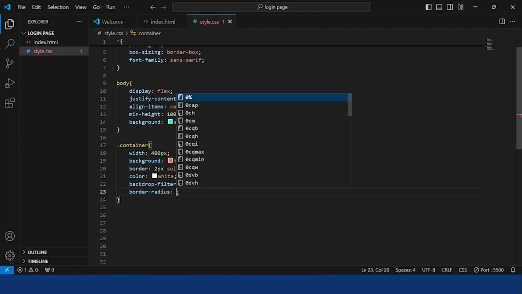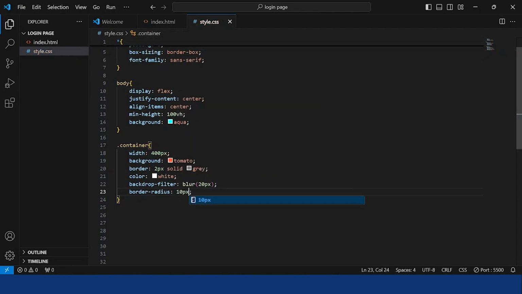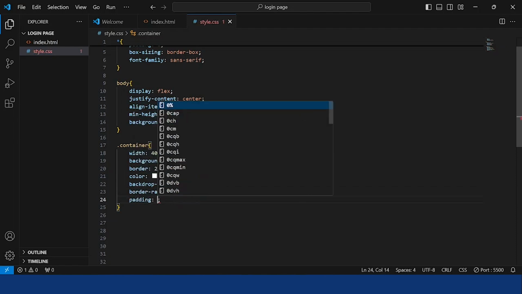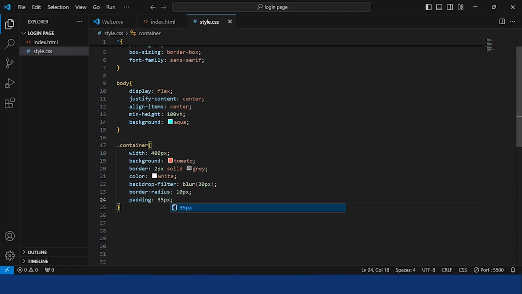Border radius, we'll set this to 10px. The padding, we set the padding to 35px and 45px. Okay,